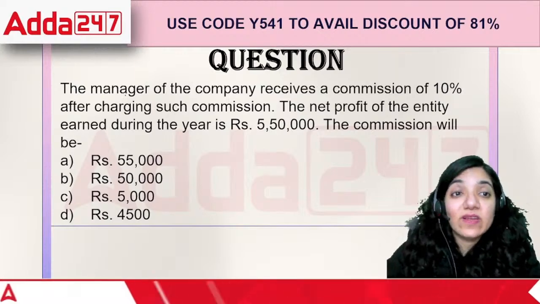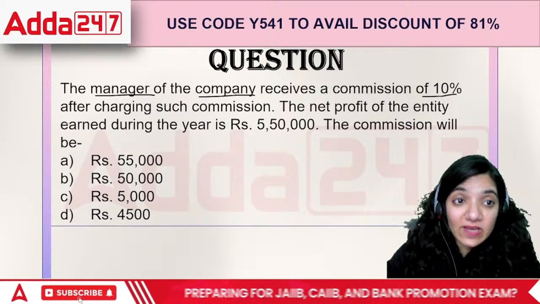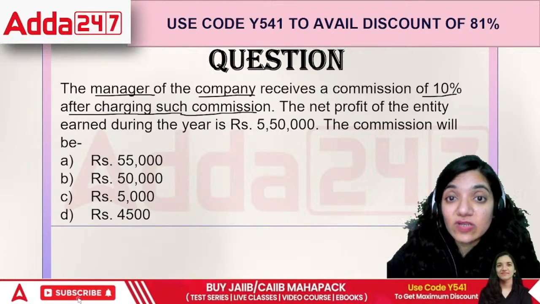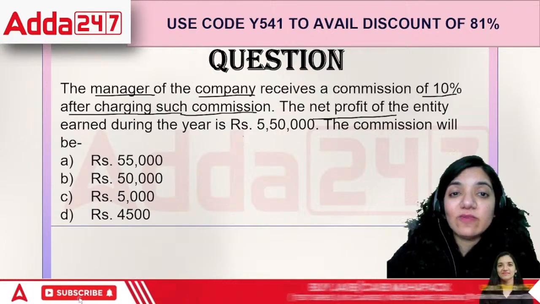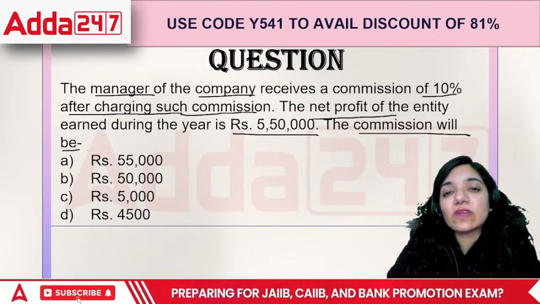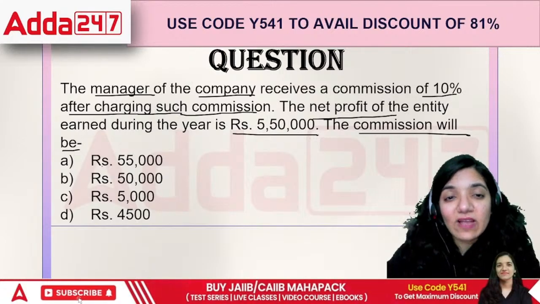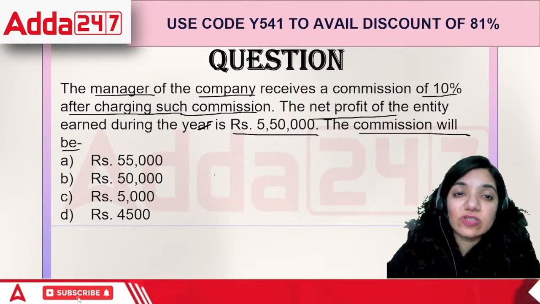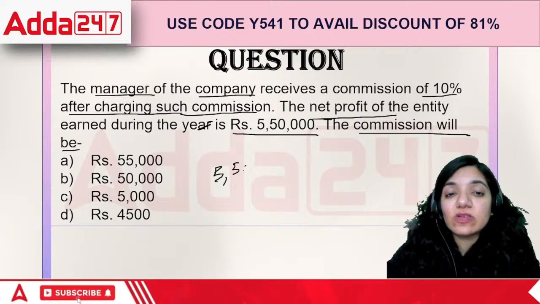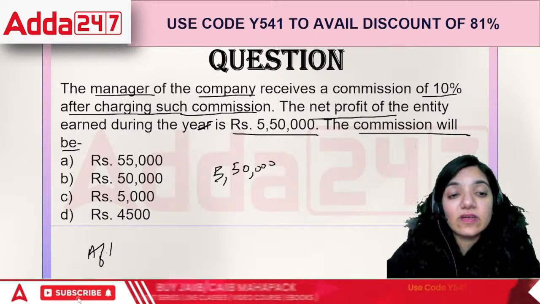Next question, everyone. The manager of the company receives a commission of 10% after charging such commission. The net profit of the entity was 5,50,000. The commission will be... They are saying the manager of the company receives a commission after charging. That means this 5,50,000 includes the commission. So if it includes the commission, the best way is whenever the question says after charging,